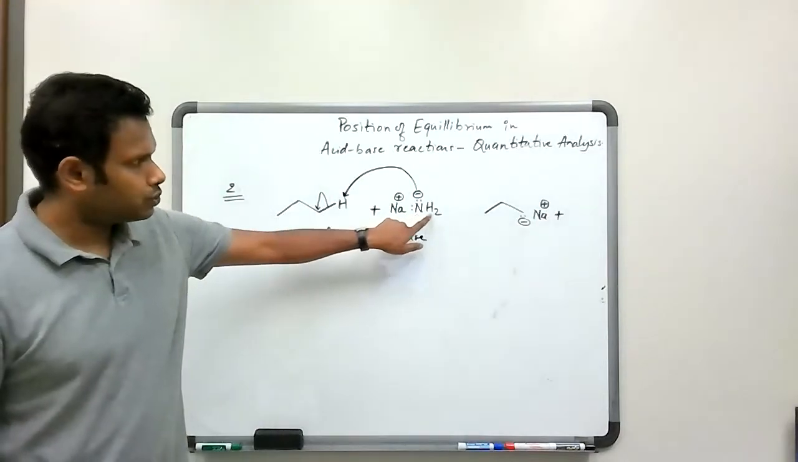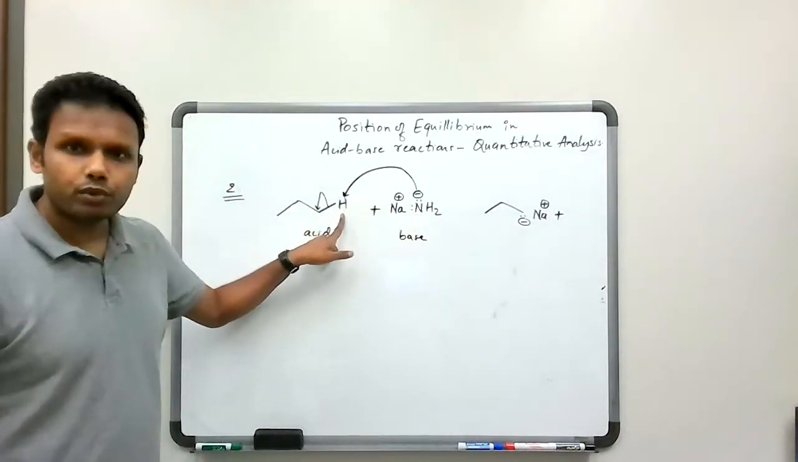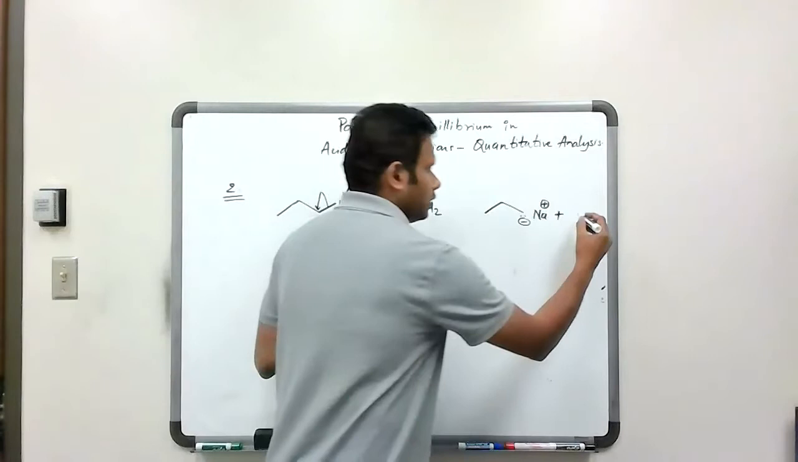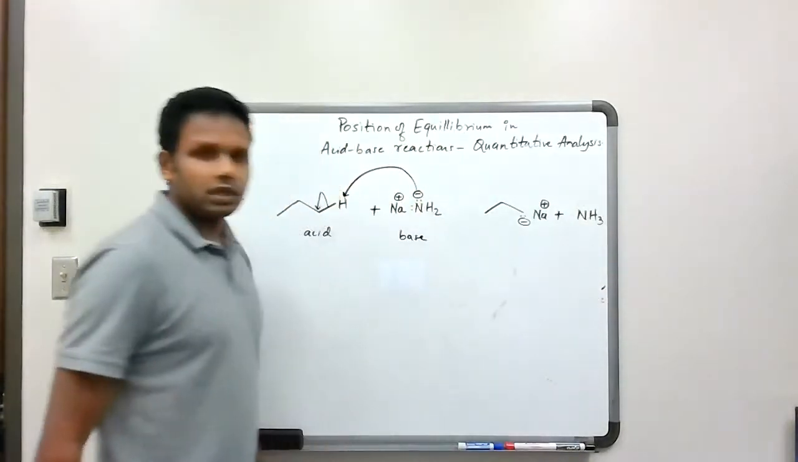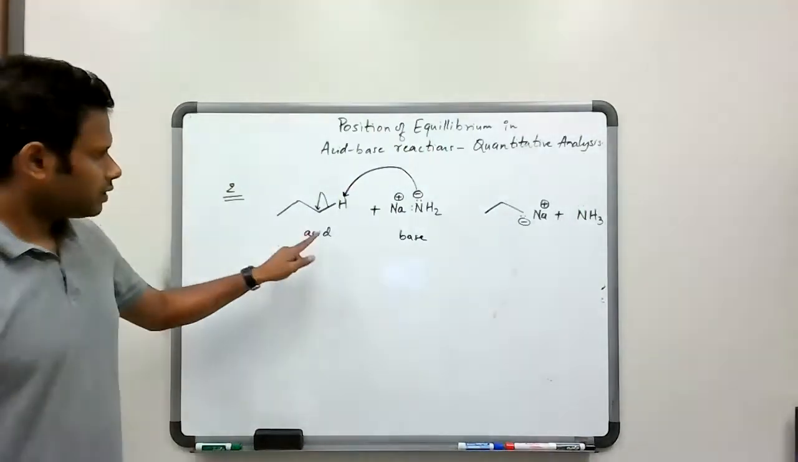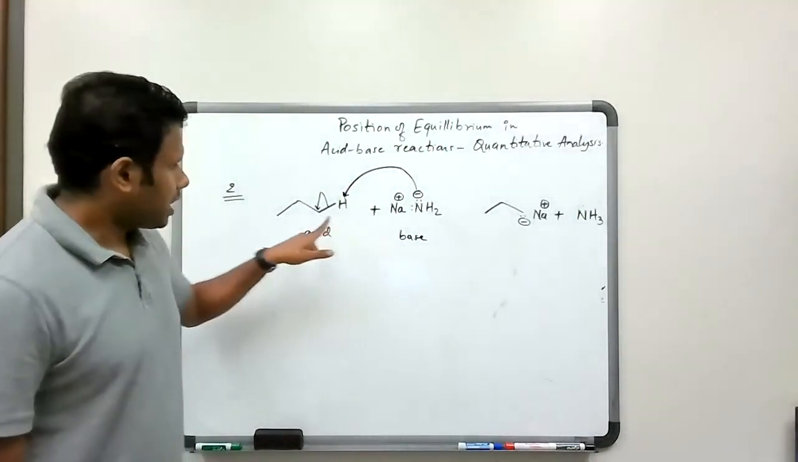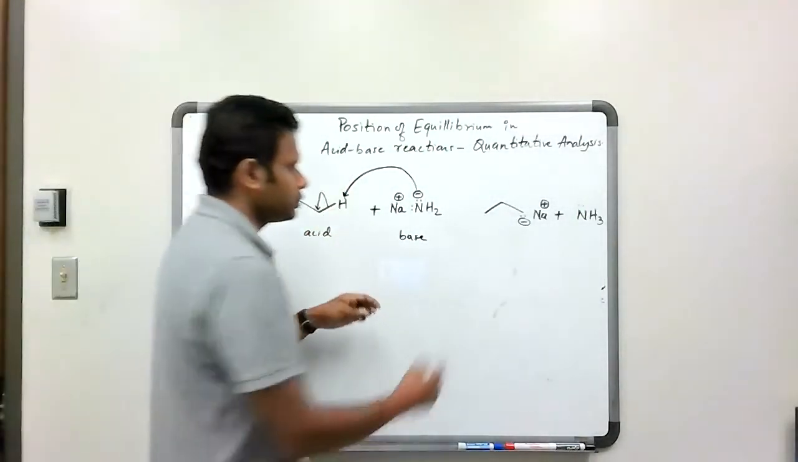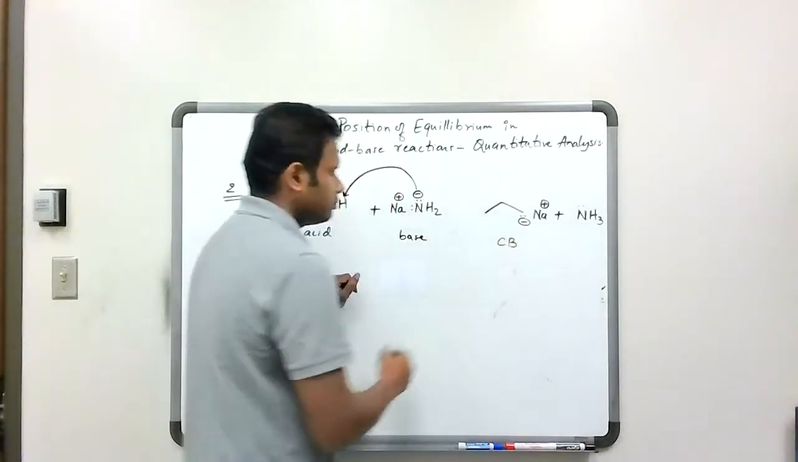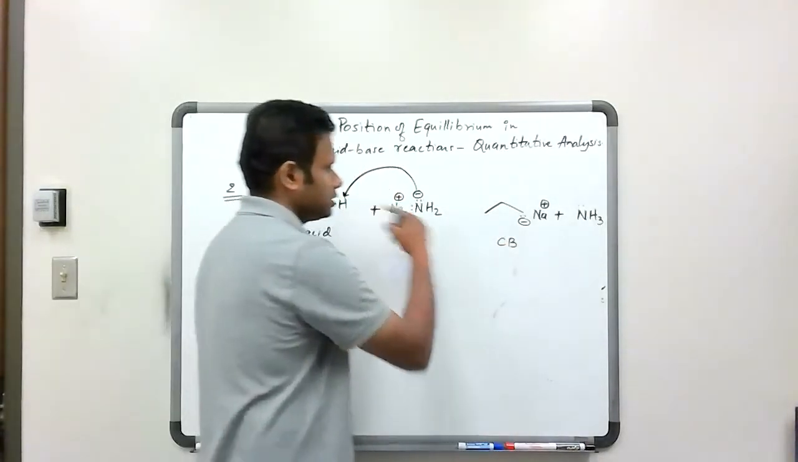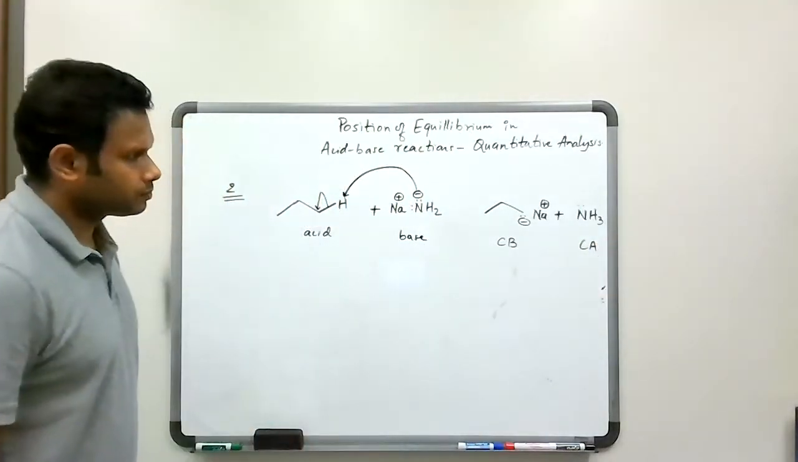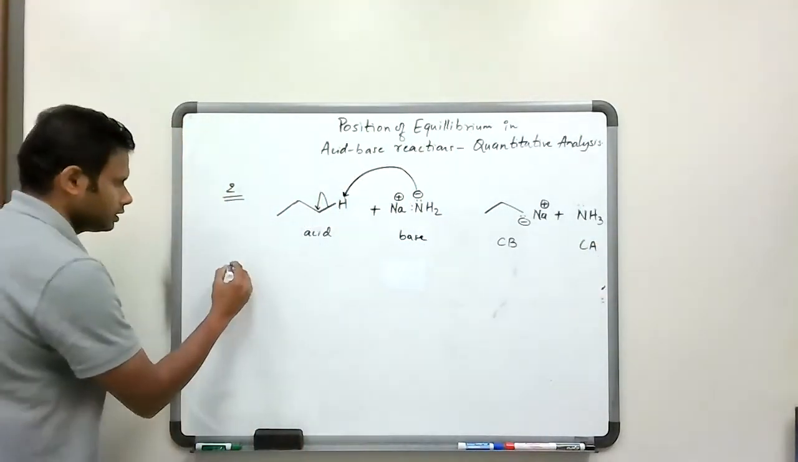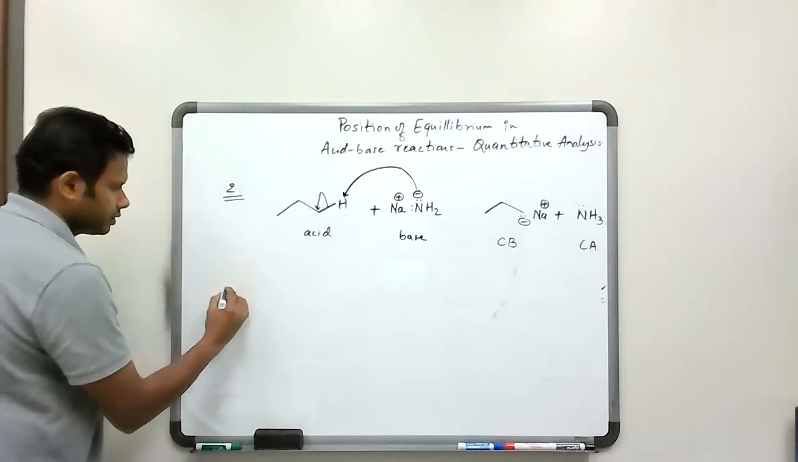So NH2 minus grabs a proton, abstracts a proton, which would give us NH3. And nitrogen has 1 lone pair now. So acid, base. Acid, after it loses its proton, would give us the conjugate base. Base, once it accepts the proton, would give us the conjugate acid. Okay. And again, in this particular case,